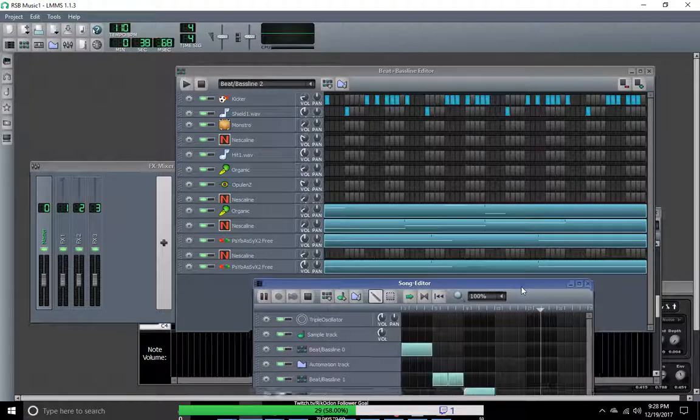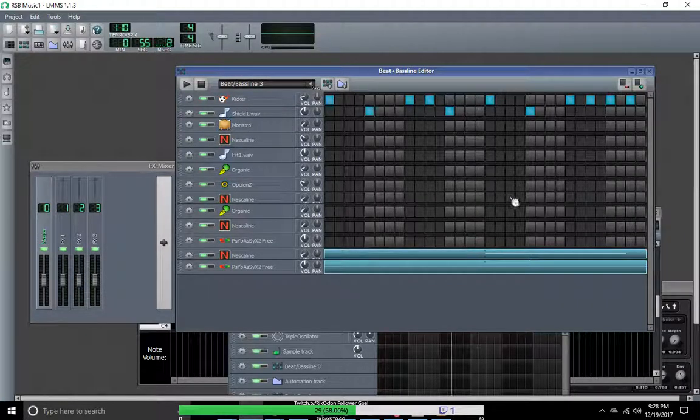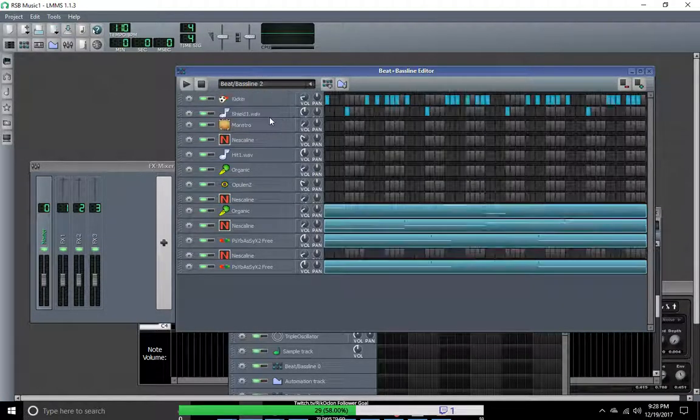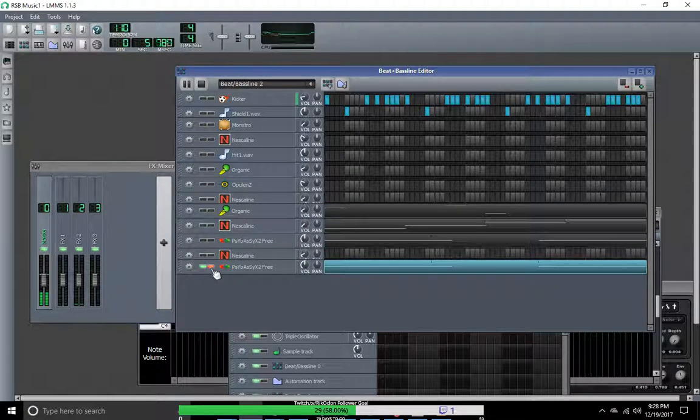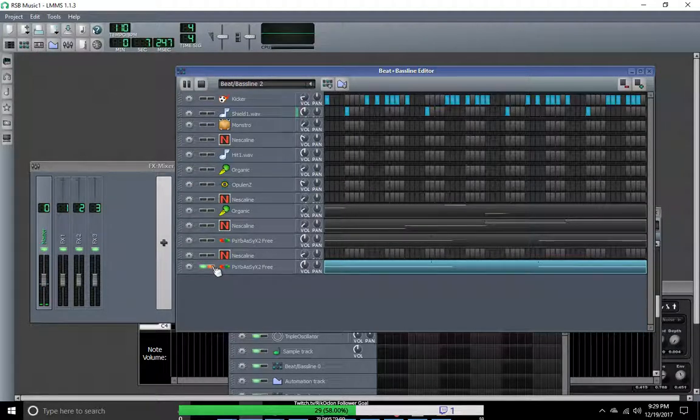So what I can do is copy this, take it over to this one. Yeah, I want to copy this baseline. That's what I want to do. Copy that to this one. Okay, so